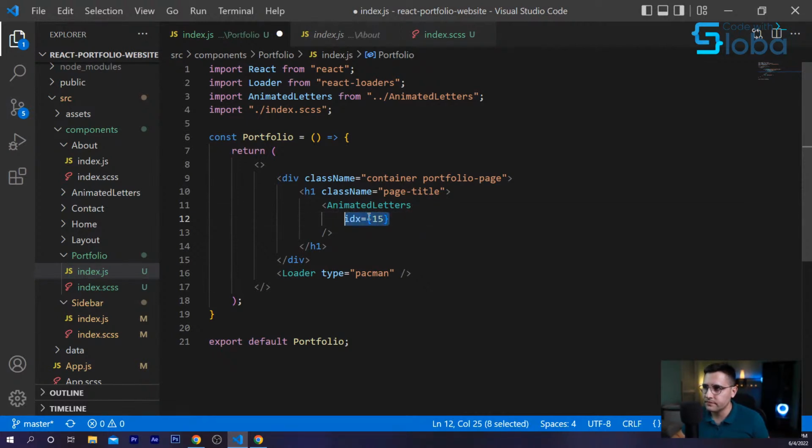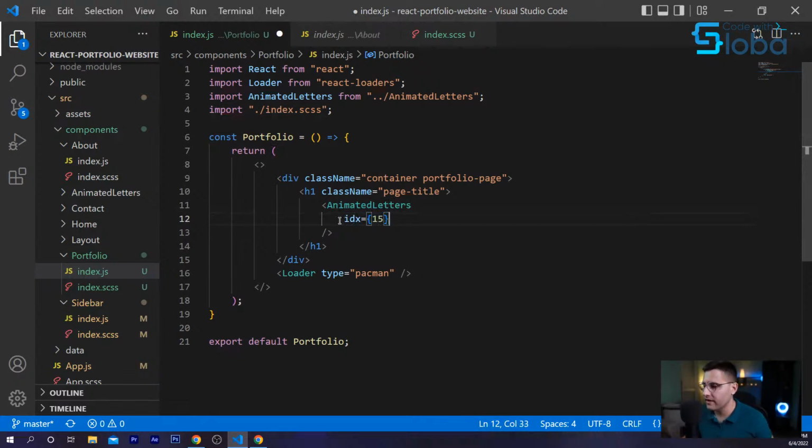So for me, I created a class in the styles global file, where basically every single class is having 1 millisecond of delay. So I want to add 15 here so that we wait first for the page to load initially, and then start the animation. So this is like a delaying of the animation, and you can play around with it if you want to start sooner or later.